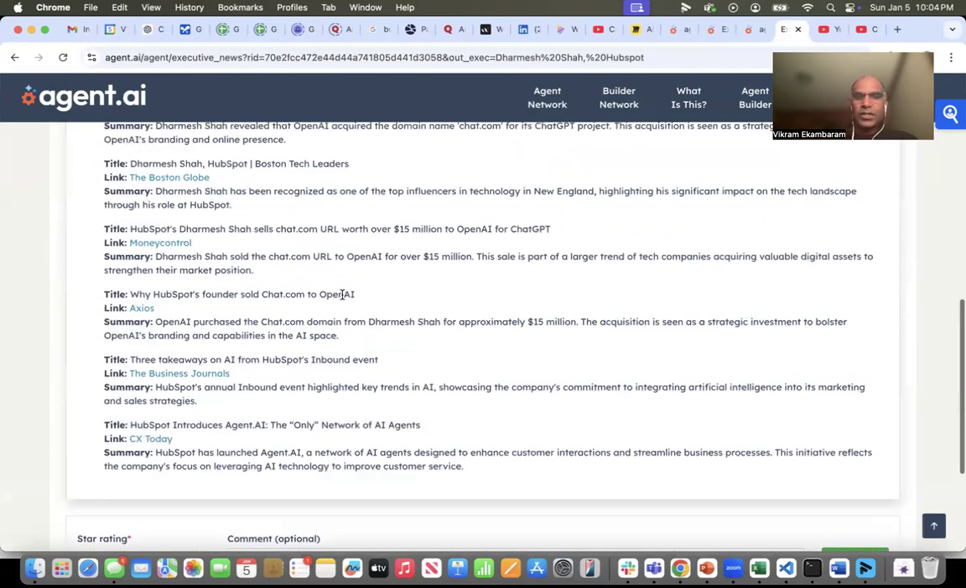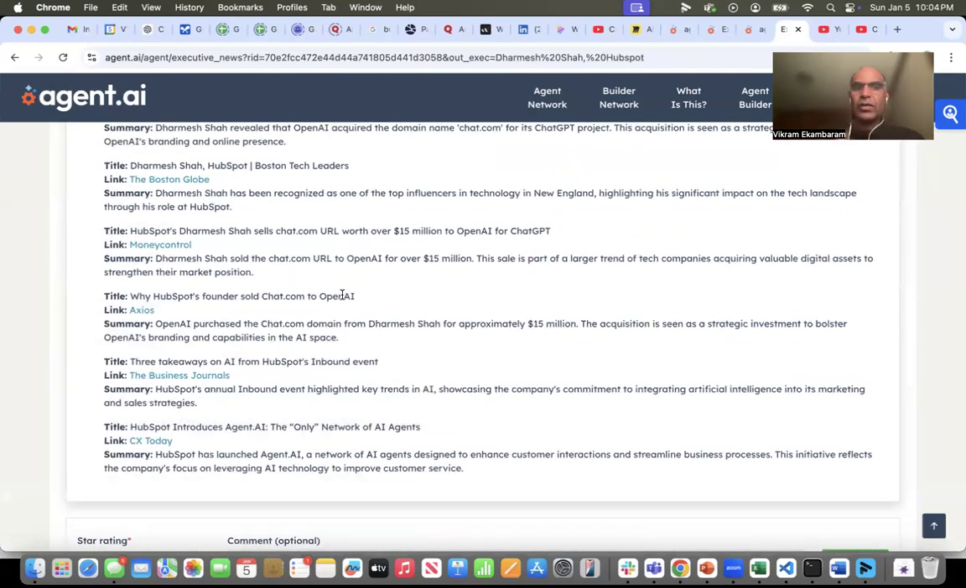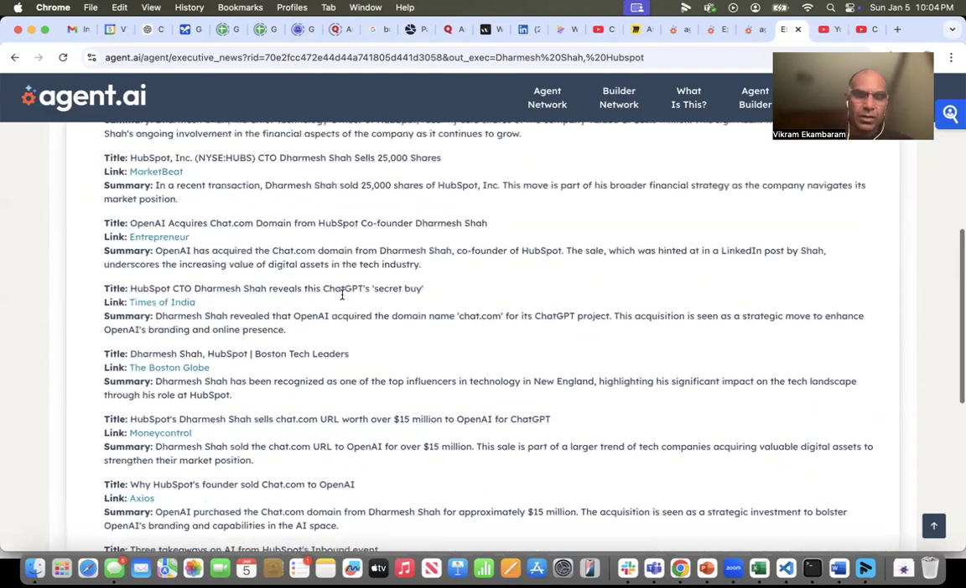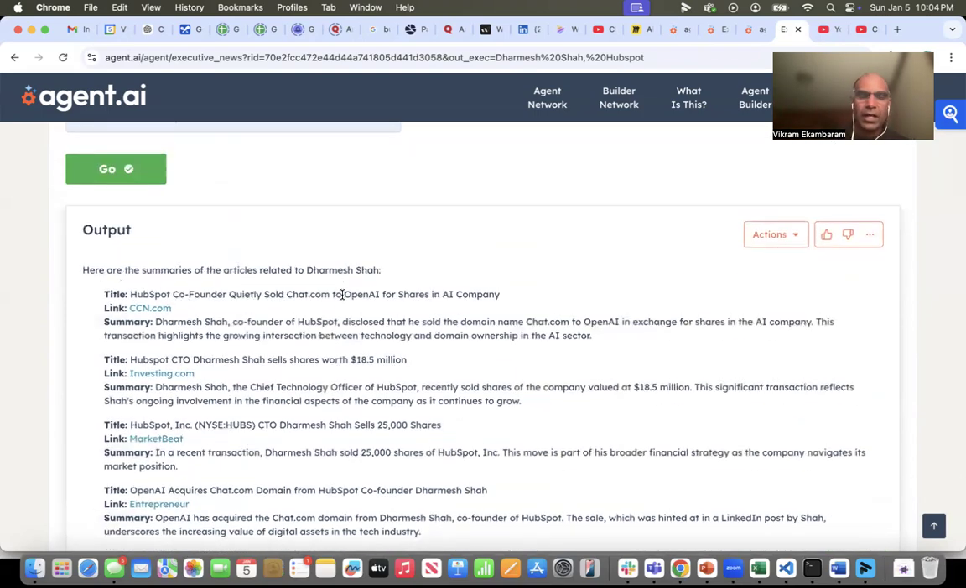articles. If you notice, a lot of these articles have duplicates. I could easily tell the agent to look through the articles and tell the LLM to remove all duplicate articles and only return unique articles for Dharmesh. Those are all things that can be handled in the prompting. But again, a very simple example of how to use the Google News connector to go get recent news in the last week